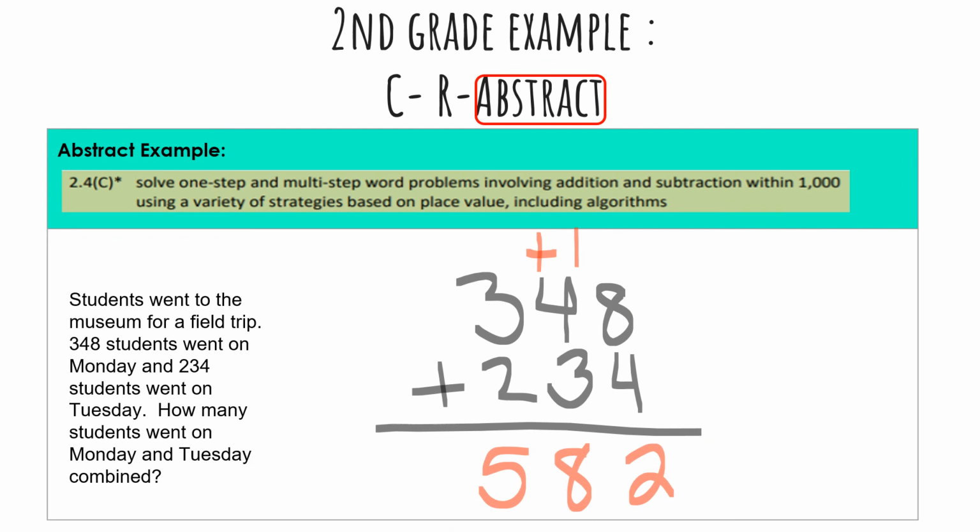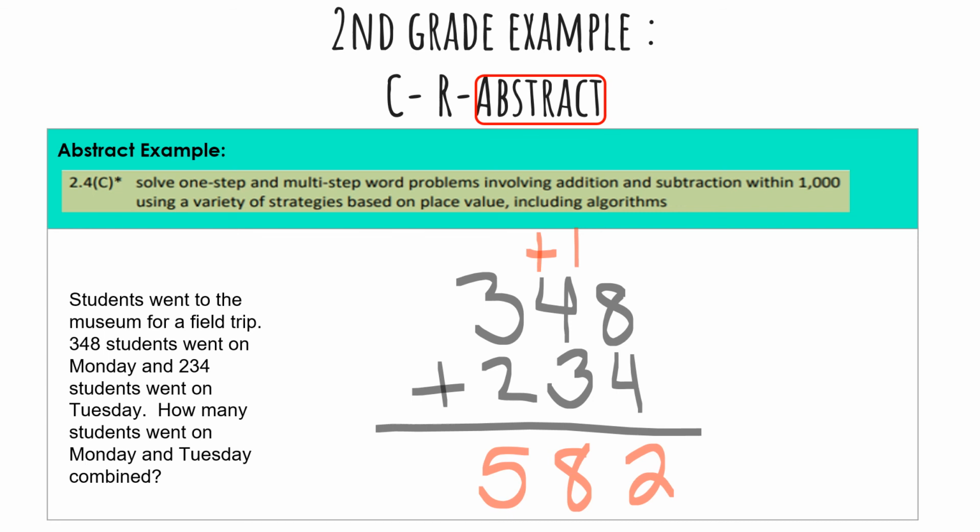Now let's take a look at a second grade abstract example of the same problem. As students become more fluent in the concrete and representation examples of using place value blocks to add 2 3-digit numbers, then they can finally be introduced the algorithm. It is important to note that when the algorithm is introduced, using correct place value language is crucial for students